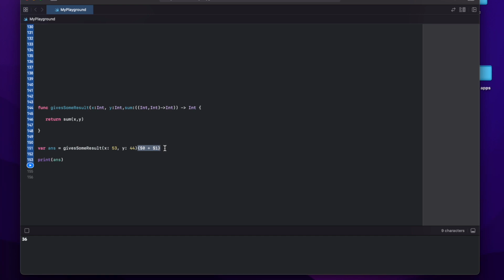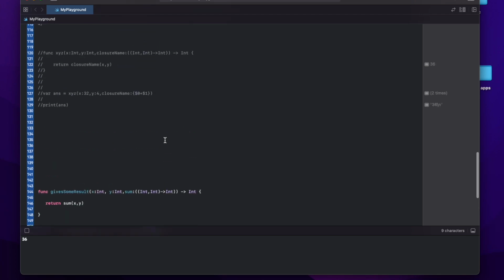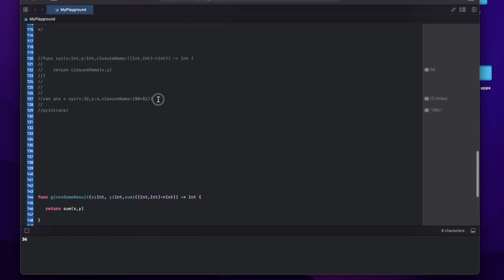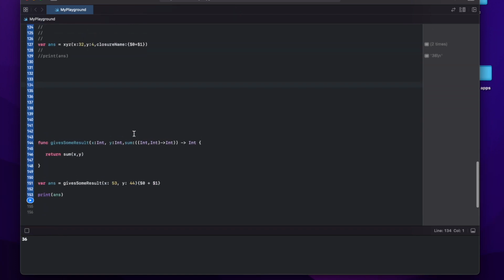Now another concept to learn about closure. The other one means the last, a single thing, because you will see this in syntax. This is one way of writing, one way of calling a closure. This is one way: write the parameter name and give the closure body, which is this. Yeah. Another way is,